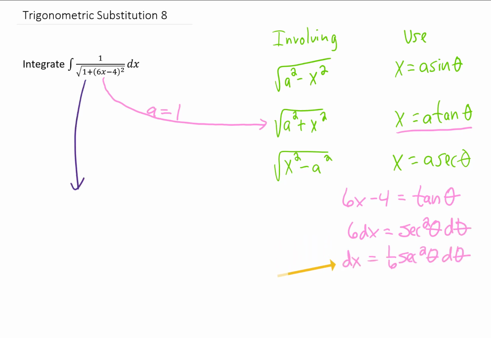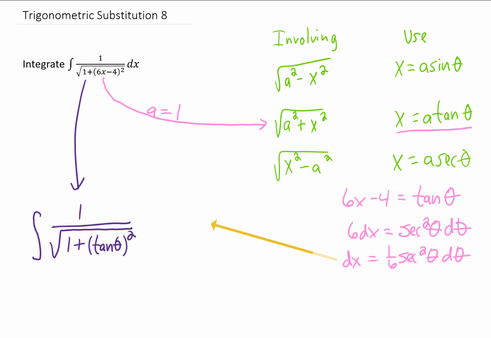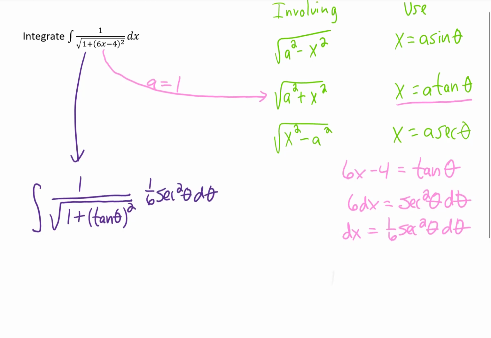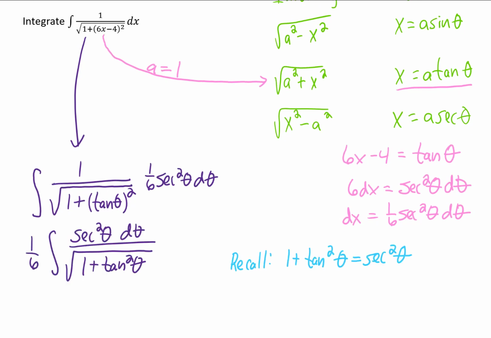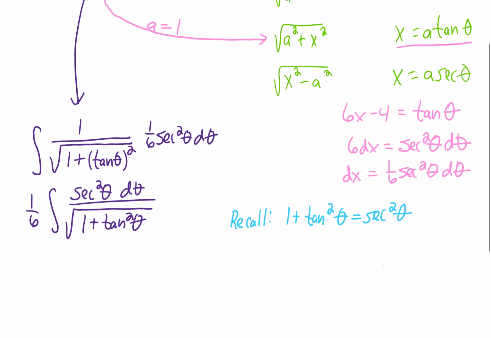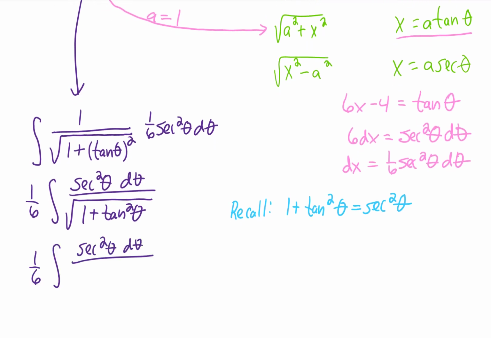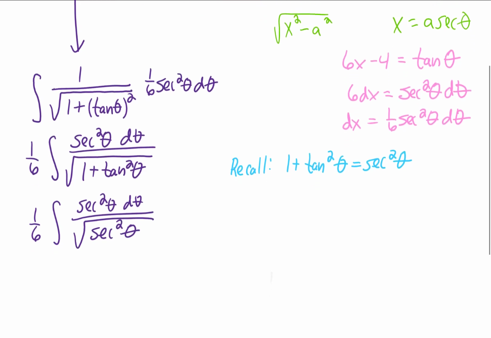Now let's rewrite this integral. We're going to replace 6x minus 4 with tangent theta, and we're going to replace dx with 1/6 secant squared theta d theta. We can simplify this just a little bit, and as is typical with these trig sub problems, we are going to use a Pythagorean identity. In this case, we can remember that 1 plus tangent squared theta is secant squared theta,